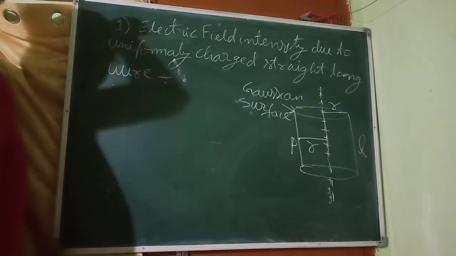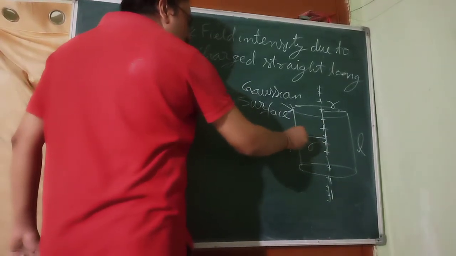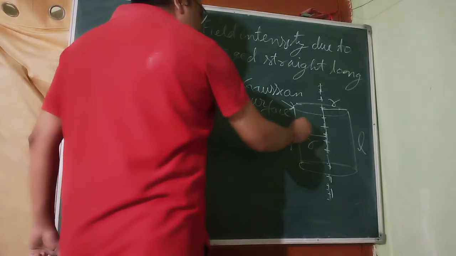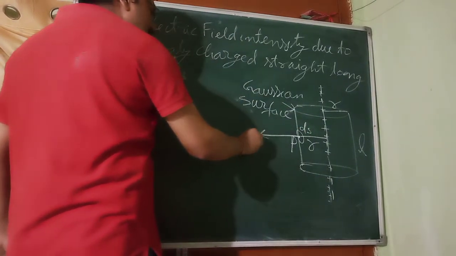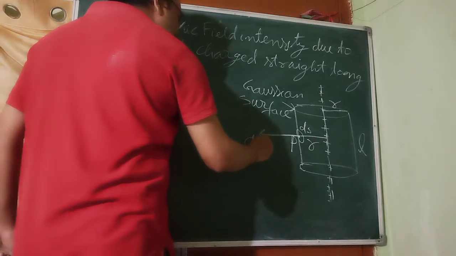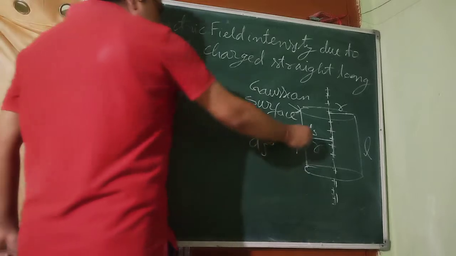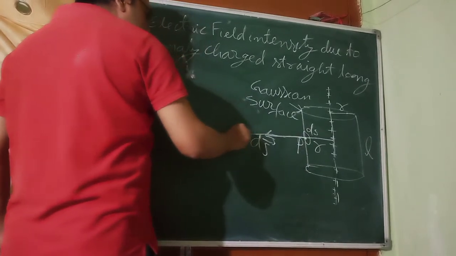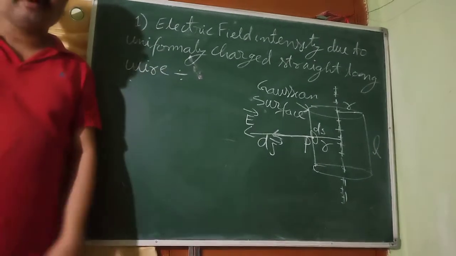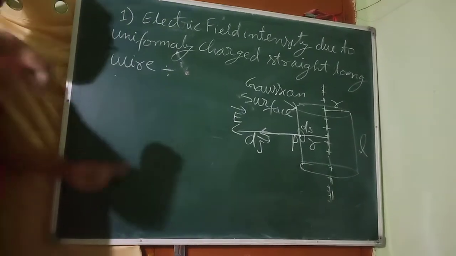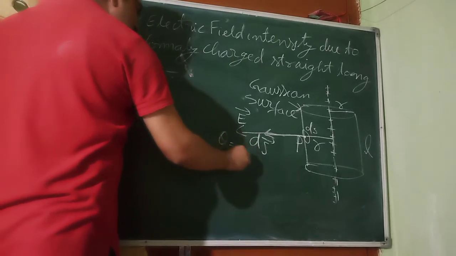Now, as this is the positive charge, here you can take a small area, suppose this area is ds. This area will have direction perpendicularly outward, vector ds. Now, it is positively charged, so the electric field will also be in the same direction. This is the electric field. Both have the same direction, so what is the angle between them? Theta is equal to 0 degrees.